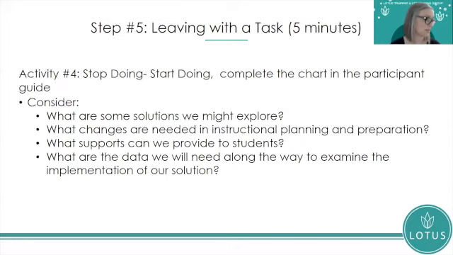You'll notice in your participant guide, starting on page 16, it's pretty simple. It's a start doing, stop doing list, or stop doing, start doing, whichever order you want. And it's really, what solutions might we explore? There are things that we all know, sometimes totally within our control and other times not at all, that aren't as effective at changing our classroom behavior, our outcomes for kids, our effectiveness. To the extent that we might be able to stop doing some of those things, put it on the list. And if there's something you can start doing as a solution to the data conversation that you're having,